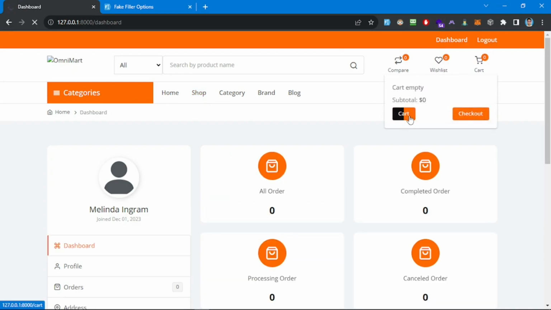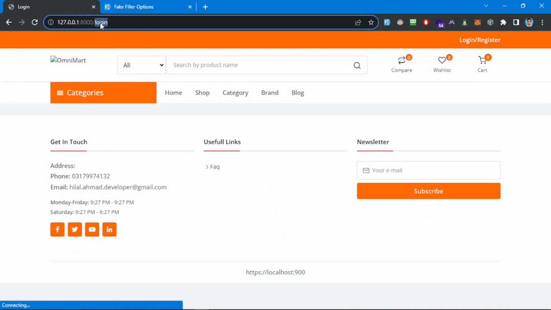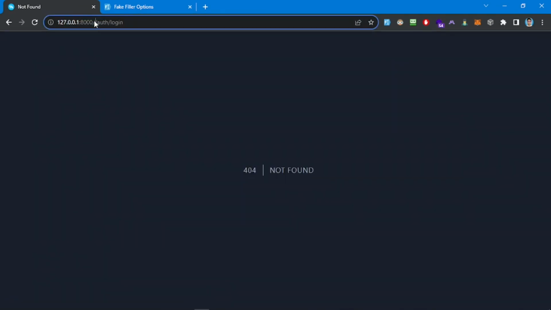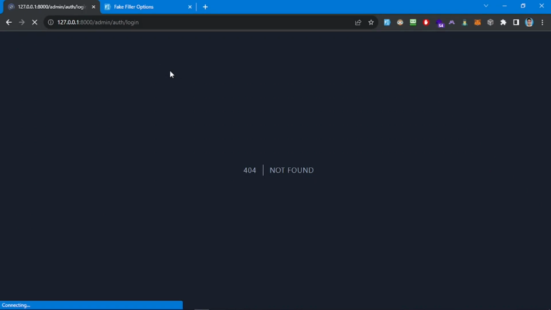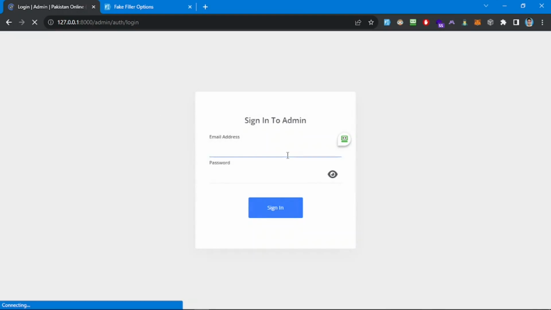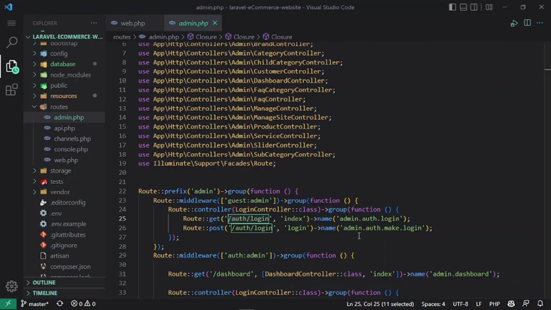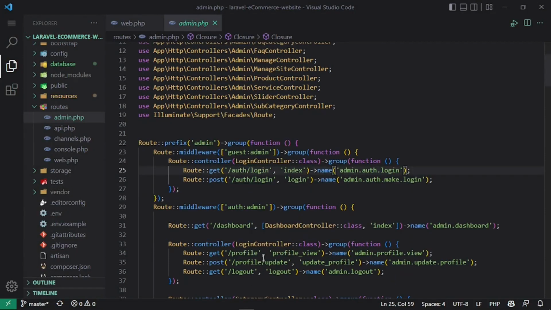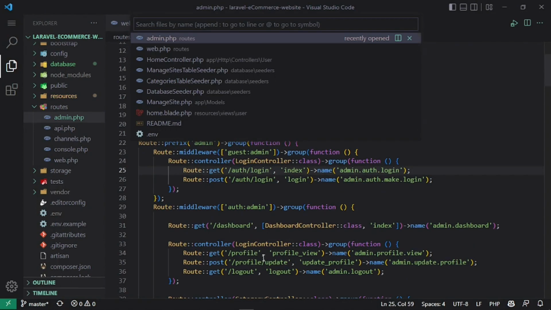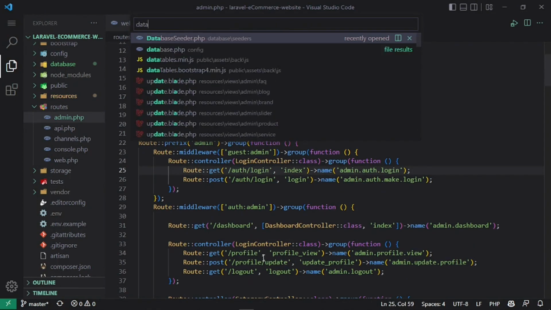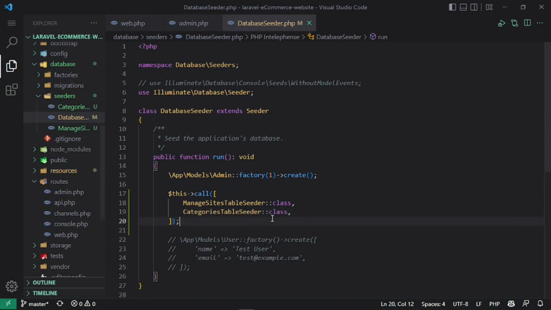I want to see how I can add products to this because the application is empty, and it should be admin slash auth slash login, and where I can find the credentials. Let's go to database seeder, admin factory create. Let's go there,